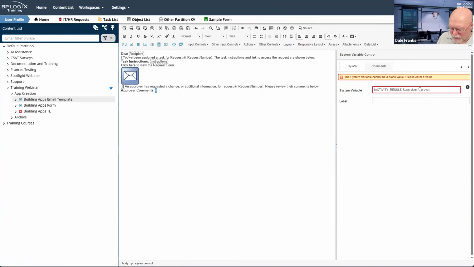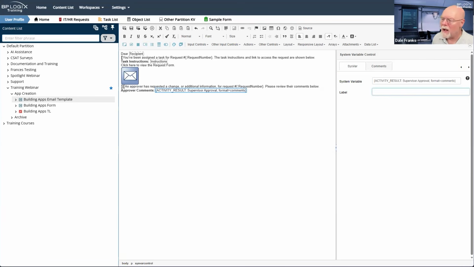And then we'll need to use a formatter. Format equals comments. Well, we'll get it there sooner or later. Activity result, supervisor approval, format equals comments, and we'll just call this supervisor comments.